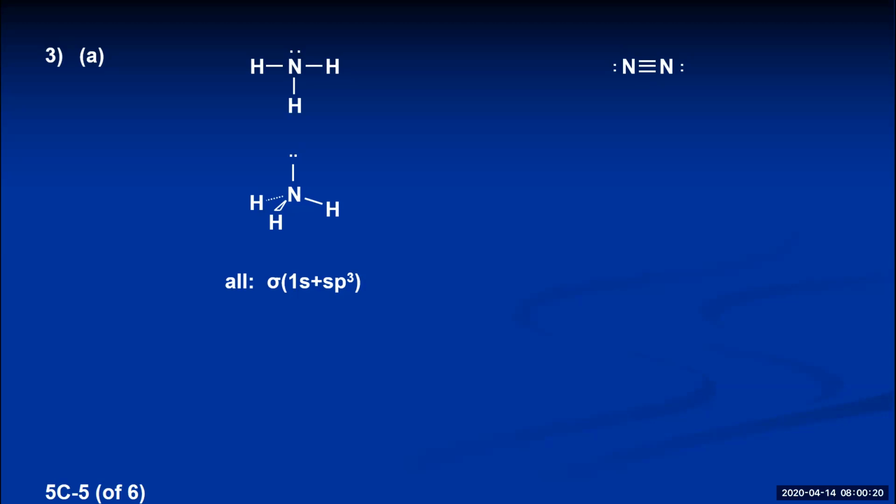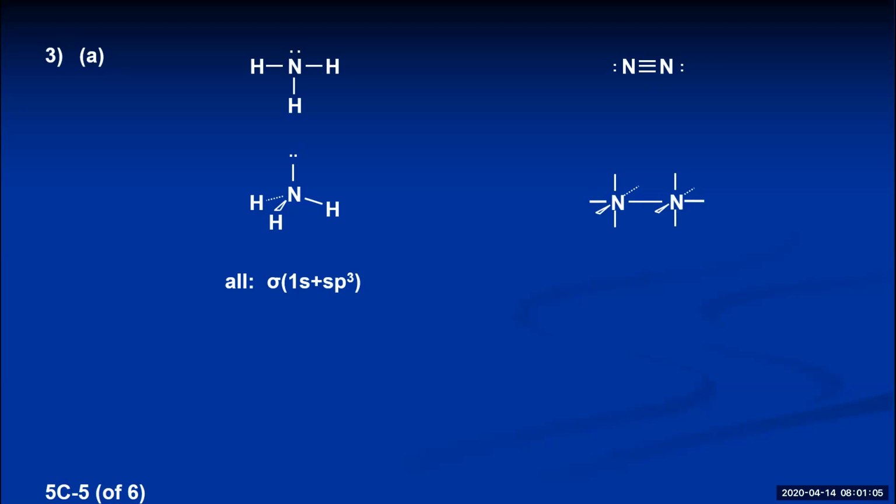To draw the bond orbital model, we need the steric number of each atom. In this case, each atom has a steric number of 2: a bonded atom and a lone pair, 1 plus 1 is 2. With a steric number of 2, the hybridization is sp. sp orbitals are linear, so I'm going to draw each nitrogen with a pair of linear sp orbitals. And then perpendicular to those sp orbitals will be a 2p orbital on the y-axis, and a 2p orbital on the z-axis. So pointing to the left and to the right are the sp hybrid orbitals. Pointing up and down would be a pz orbital, and pointing out towards you and going back would be a py orbital. The second nitrogen is exactly the same, so they use sp orbitals to point at each other, overlap,